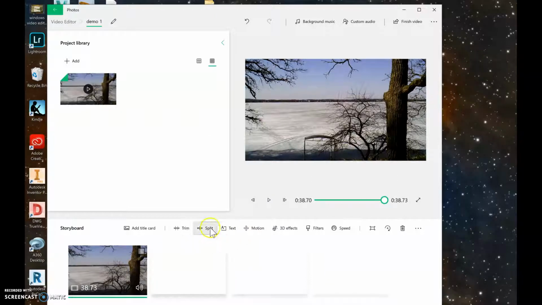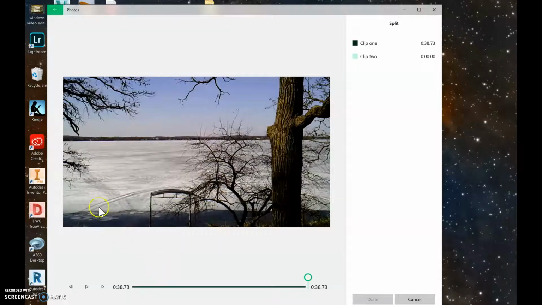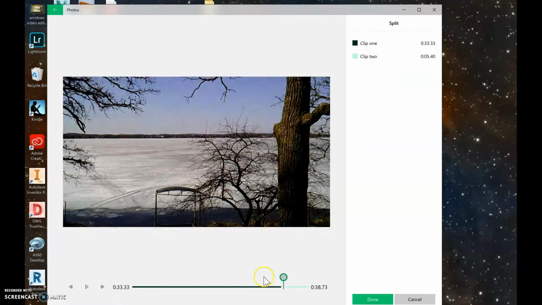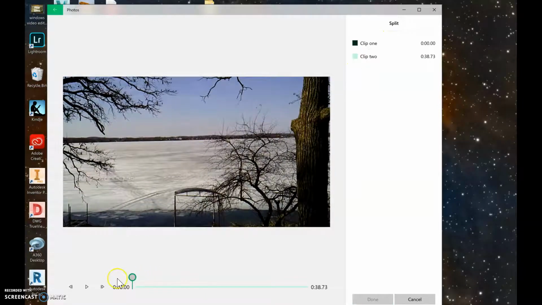There's some other things you can do. You can split it up with this button. All of your commands here that you can manipulate these clips with are on this ribbon right here. So I'm going to hit split. So I'm going to split this up here in a few different sections. You've got clip 1, clip 2. And honestly, guys, I have just opened this up today, so it's pretty new to me, but it's pretty intuitive,